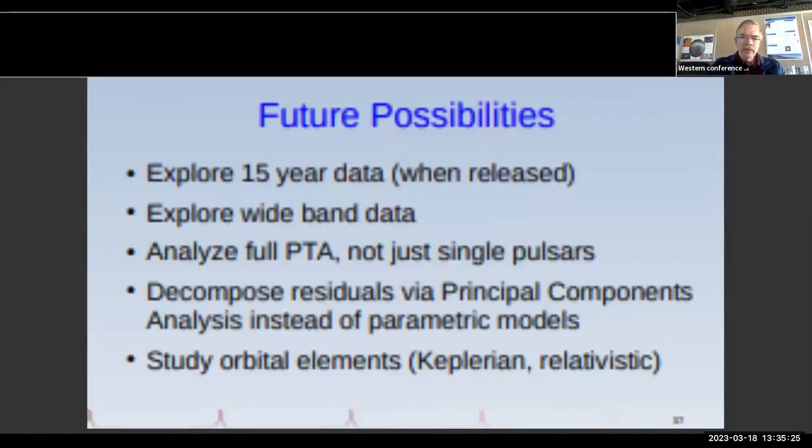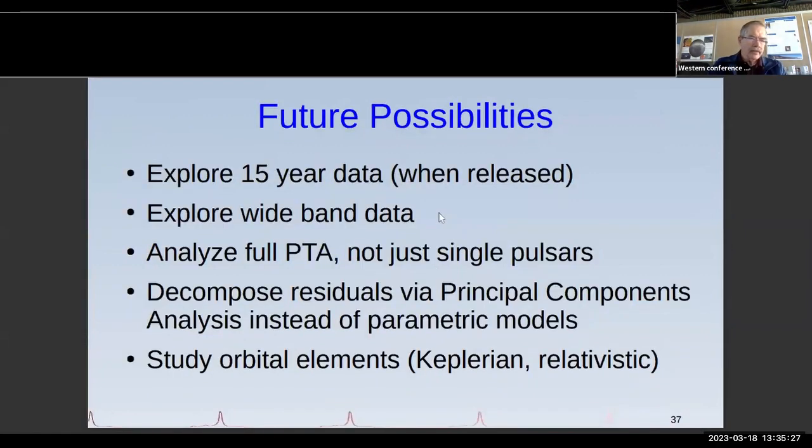So some future possibilities. The 15-year data had been scheduled to be released already, but it hasn't. And one of the presentations I looked at indicated that they're having some issues with the wideband data. So they're still working on the 15-year data. It'll be released soon. At some point in the next 5, 10, who knows how many years, they fully expect to make a big announcement that they've detected gravitational waves in the radio band. Meanwhile, other things